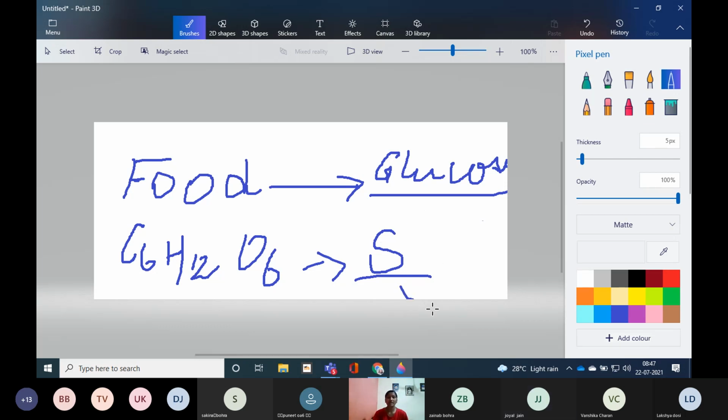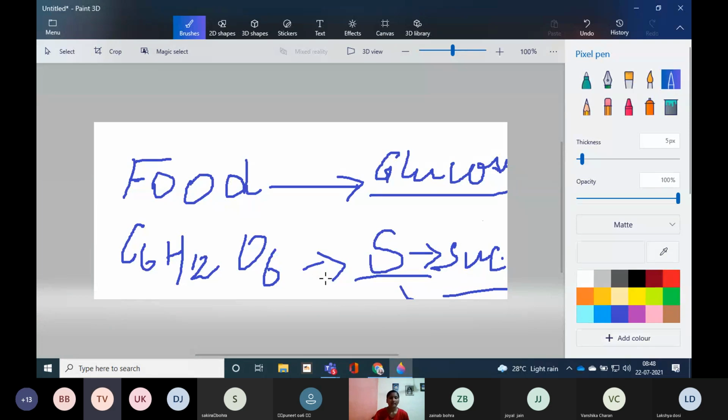Then what happens? The starch is stored temporarily in the leaves. Glucose cannot be transported in the leaves or the different parts of the plant body. That's why this glucose is converted into starch first. In the second process, the starch is stored in the leaves on a temporary basis. Now, what happens in the next stage? At night, the starch converts into sucrose. Sucrose is another simpler form of glucose. SUC stands for sucrose.